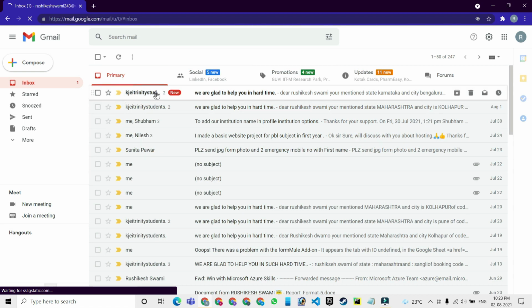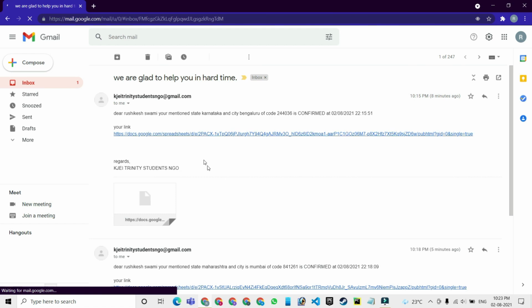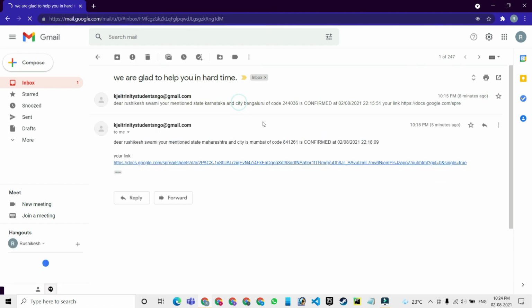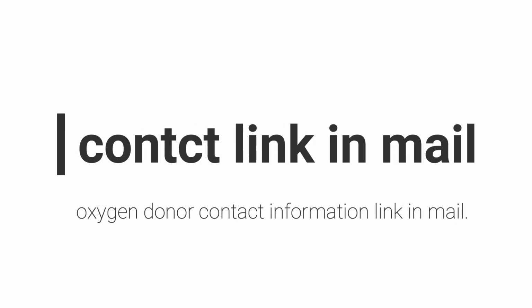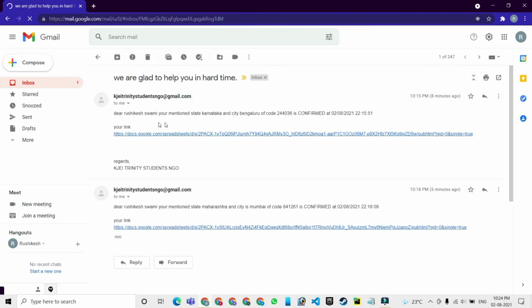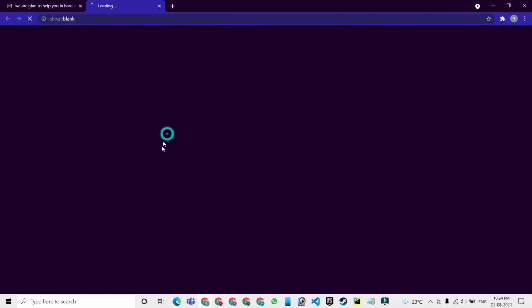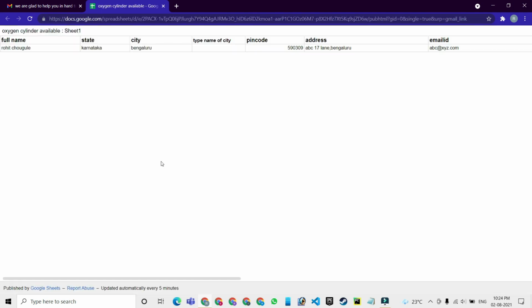After clicking on the mail, you will see the message like, Dear Rushikesh Swami, your mentioned state Karnataka and city Bengaluru of code 244036 is confirmed at 2 August 2021 at 10:15 p.m. and the contact link is below the message.